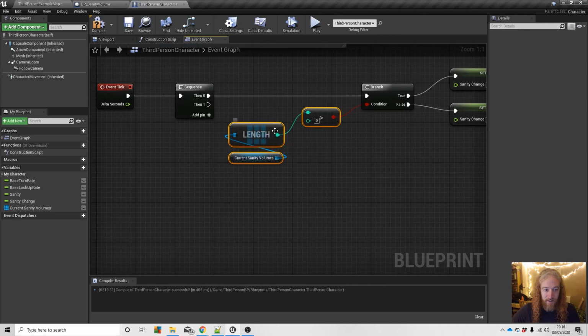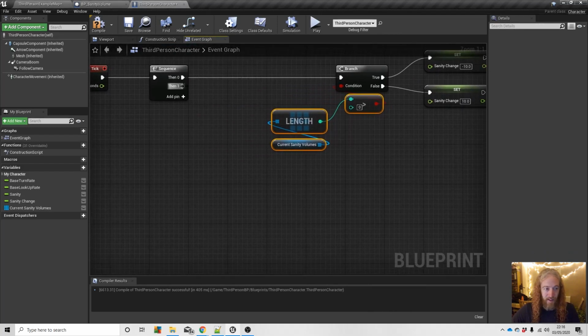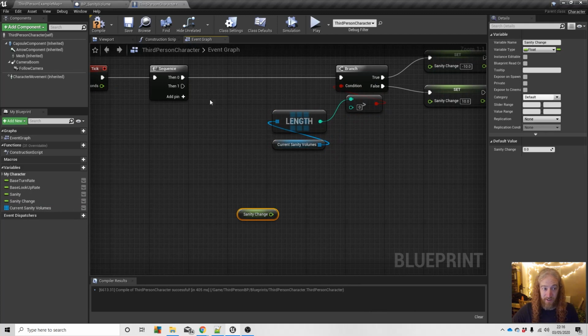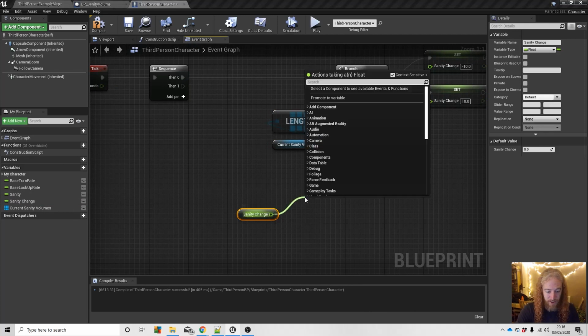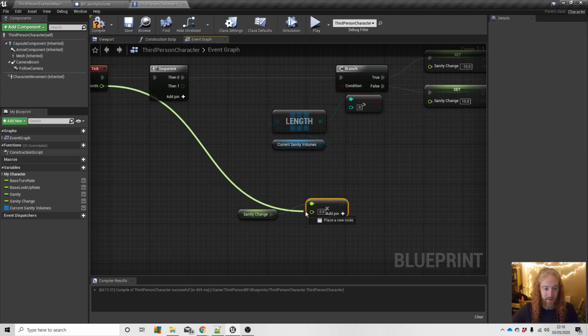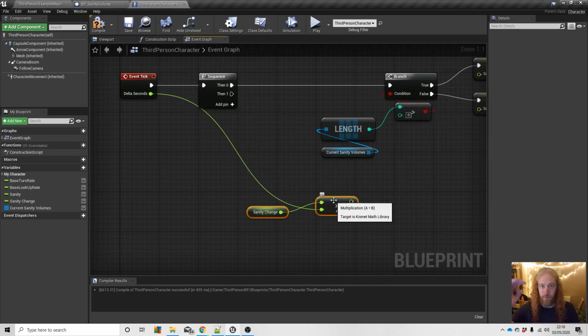Now that's all done and out of the way. The next thing we want to do, every tick, we will take our sanity change, which will either be +10 or -10, depending on how this went. We will multiply that by delta seconds, which we get from tick. What that means is this sanity number will change at the same rate no matter what the frame rate of